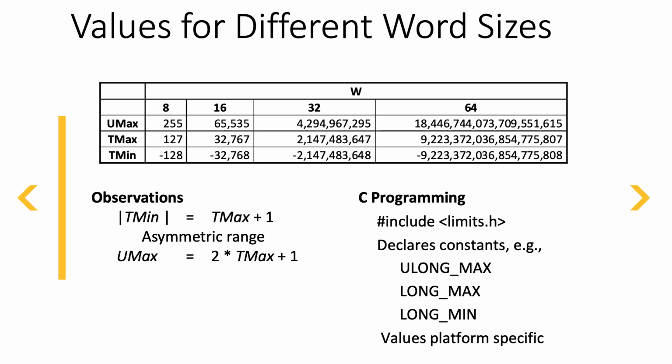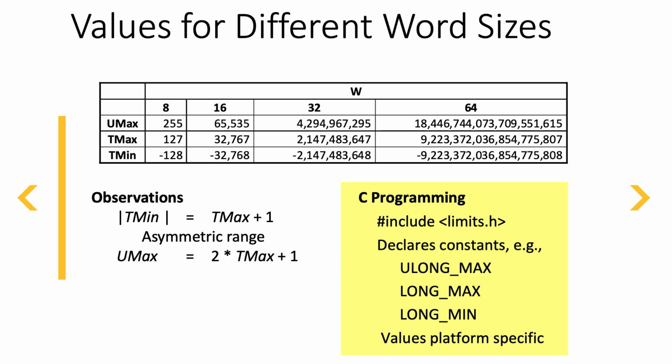The same applies for the 2's complement maximums and minimums. The unsigned minimum is always 0, so that doesn't change based on word size. But the unsigned max, the TMax and TMin all change based on how many bits I have to work with. Now, one nice thing that C does for us is if we include limits.h, this declares constants,